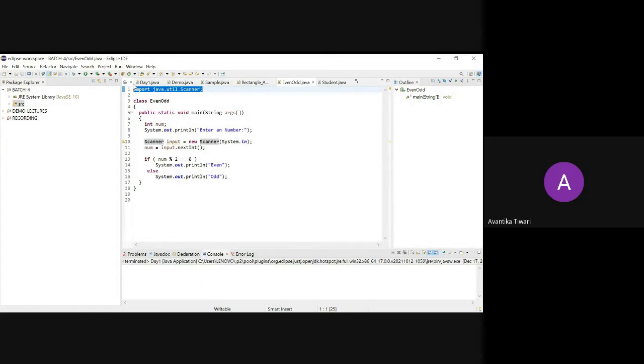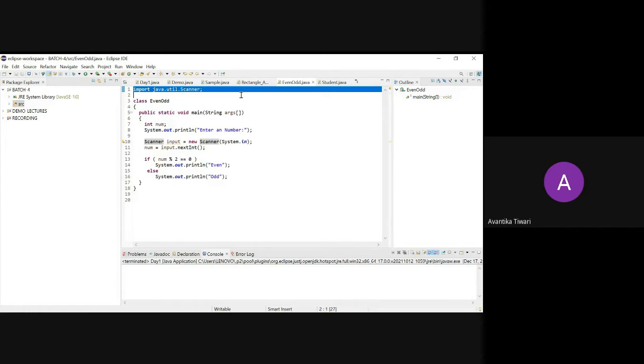So I am interested in using a class called Scanner, which is used for taking input from the user. So I will import the package in which the Scanner class exists, and in order to import the package, you have to write the import statement before writing the program.